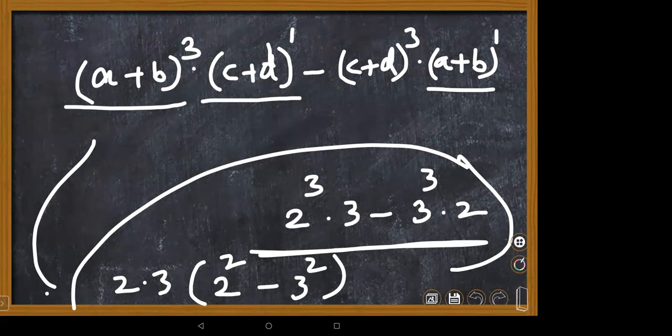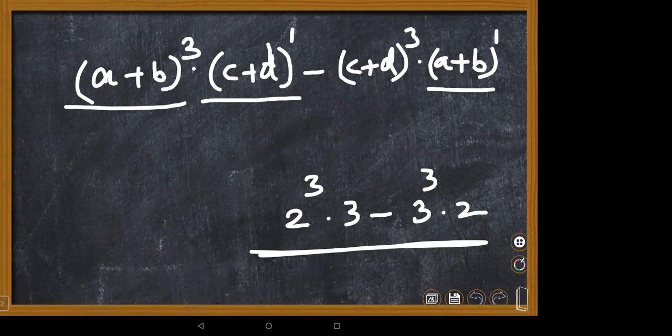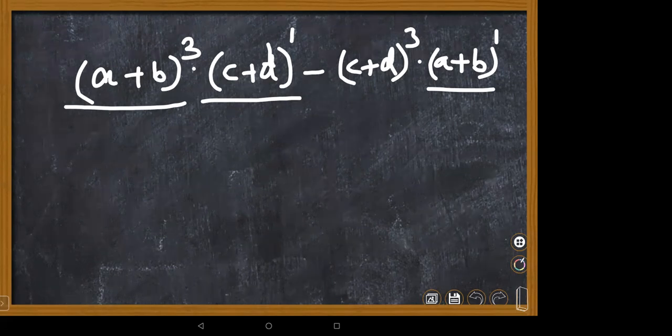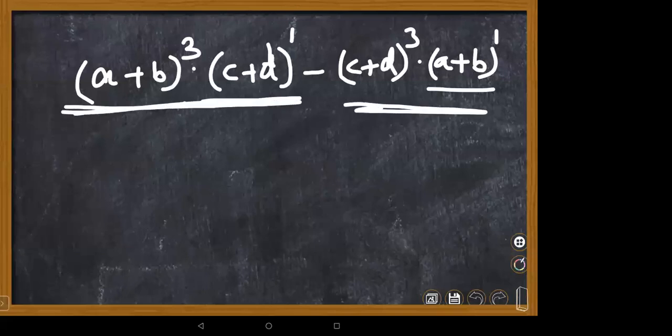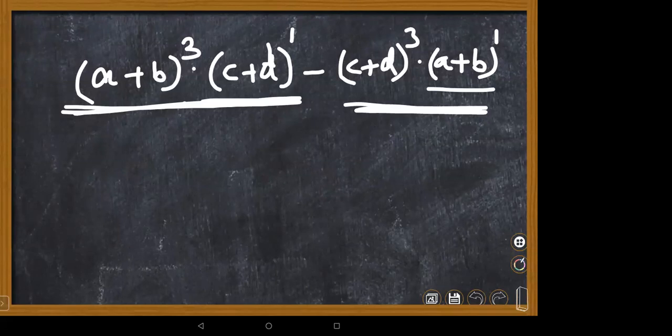Pallav, can I help you once again? From the last part, even I did not understand, ma'am. Okay. Now in this, which is common? This is the first term, this is the second term. There are 2 terms separated by minus. Ma'am, can you explain the c plus d and a plus b before sum? Which one, Pallav? The sum I gave before.